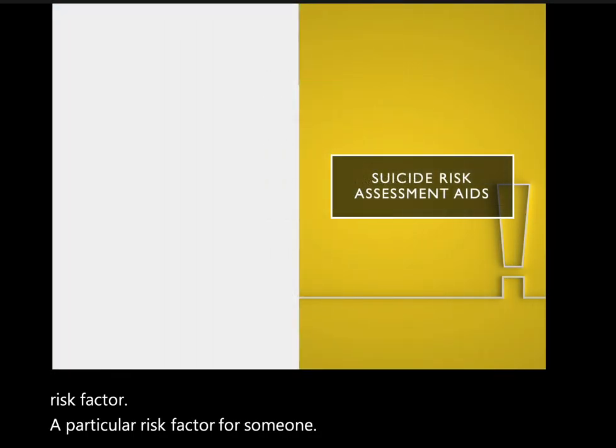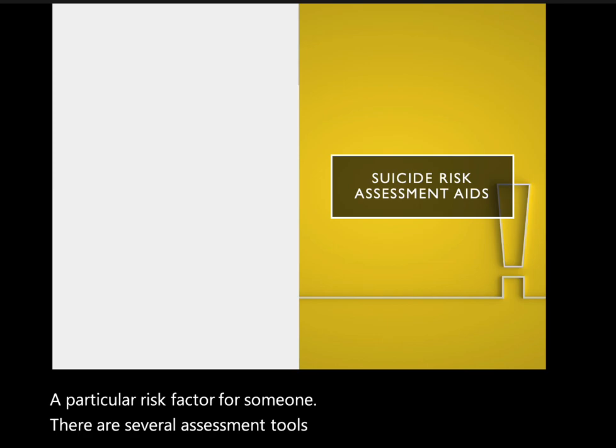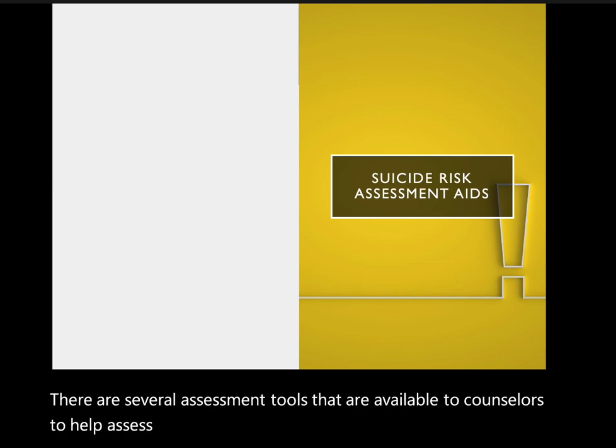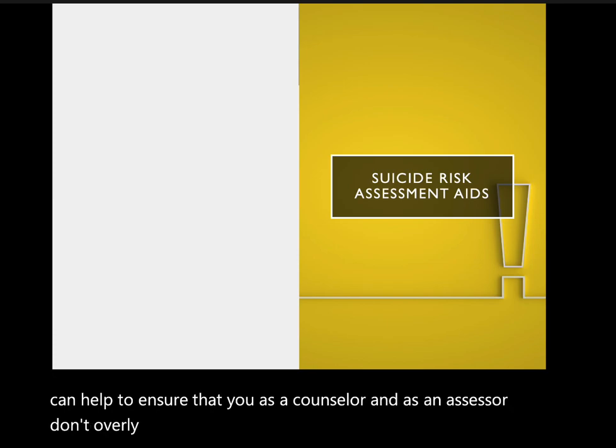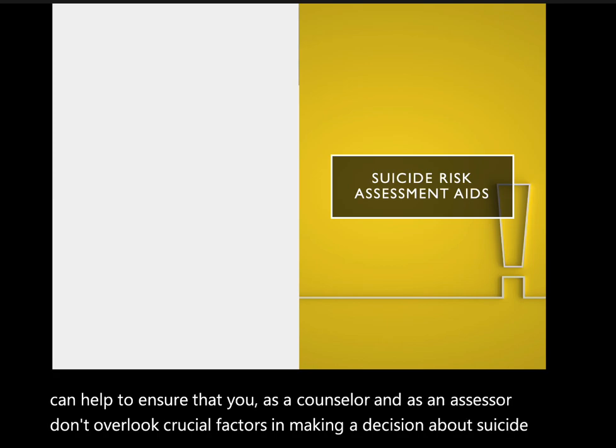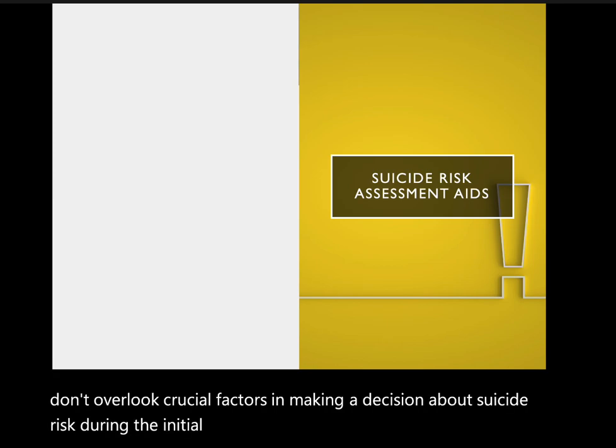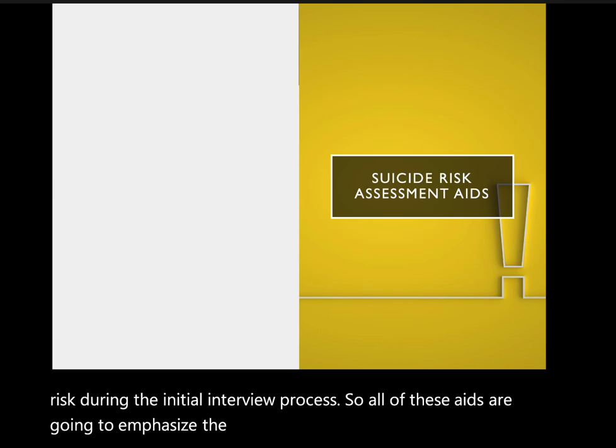There are several assessment tools that are available to counselors to help assess and intervene in suicide risk. And these assessments can help to ensure that you, as a counselor and as an assessor, don't overlook crucial factors in making a decision about suicide risk during the initial interview process. So, all of these aids are going to emphasize the importance of assessing current suicidal symptoms as well as suicide